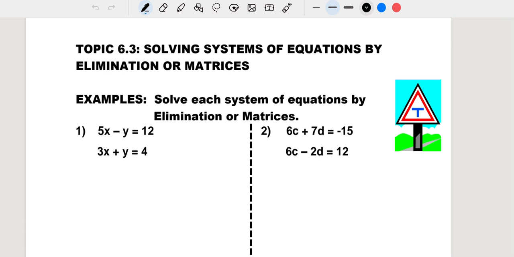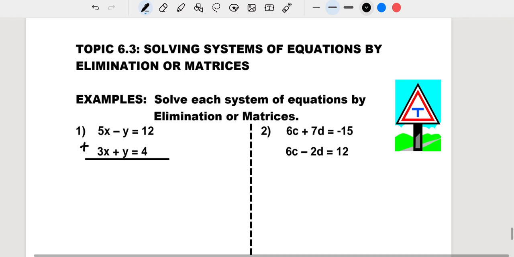So elimination means that we can get rid of one of the variables. We can either get rid of x or we can get rid of y. We do that by noticing that there are a negative version and a positive version of that variable of the same value. So this is a negative 1y and this is a positive 1y, so therefore they will cancel out. But in order to cancel them out, you are going to have to do the process of adding